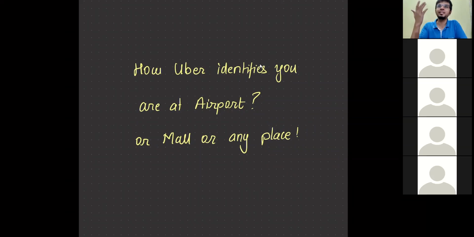Uber app पे पहली स्क्रीन दिखते है welcome to Kempegowda International Airport. कैसे पता चला? How did Uber identify that you are in Kempegowda, not in Bangalore, but in Kempegowda International Airport? This is a very interesting problem. Even from a perspective, if a landmark is big enough,